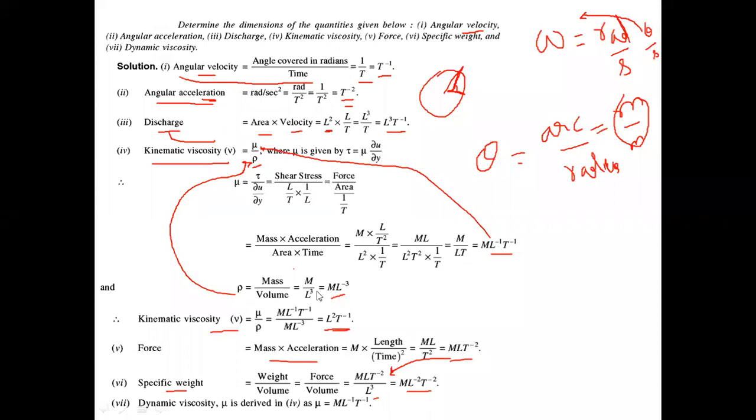जब इसको सॉल्व करेंगे म्यू बाय रो को, m से m कैंसिल हो जाएगा, L वहां पे -1 यहाँ पे -3, सो it will be L squared ऊपर चला जाएगा, ठीक है। सो m कैंसिल हो गया, L² T^-1, ओके। फोर्स बाय एरिया का यूनिट मैं बता देता हूँ। फोर्स को आपको कन्वर्ट करना पड़ेगा पहले, फोर्स डायरेक्टली नहीं लिख सकते आप। जैसे हमने प्रीवियस स्लाइड में कन्वर्ट करा था, फोर्स was mass into acceleration, तो फोर्स को M L T^-2। और एरिया L², सो इसको कैंसिल करेंगे तो हो जाएगा M L^-1 T^-2, और यहाँ पे per second बचा हुआ है, तो T^-1। एक बार पेन कॉपी लेके आप इसको सॉल्व करके ट्राई करना।